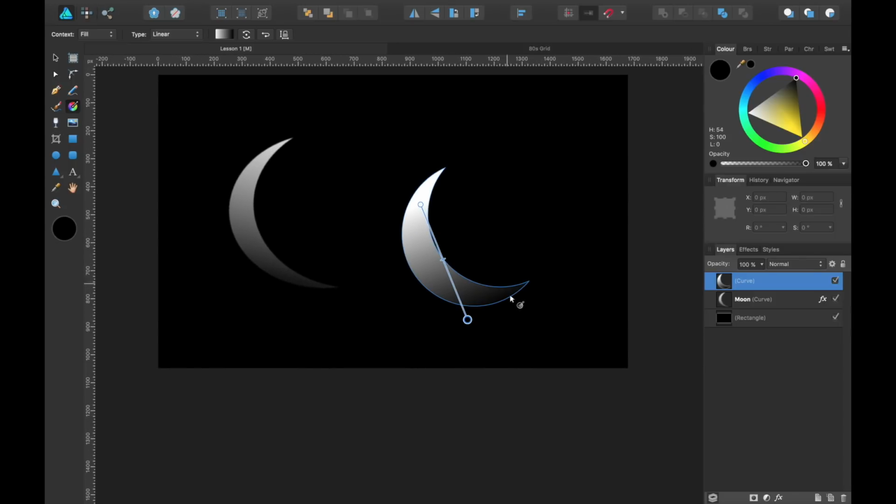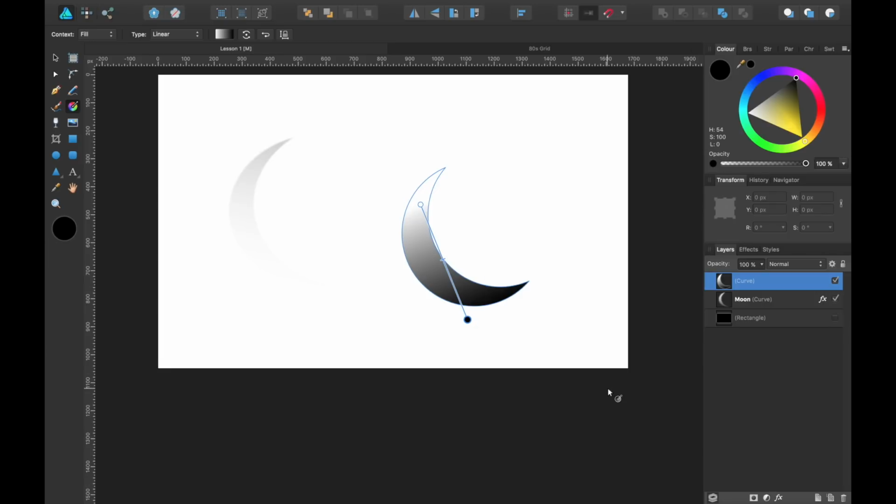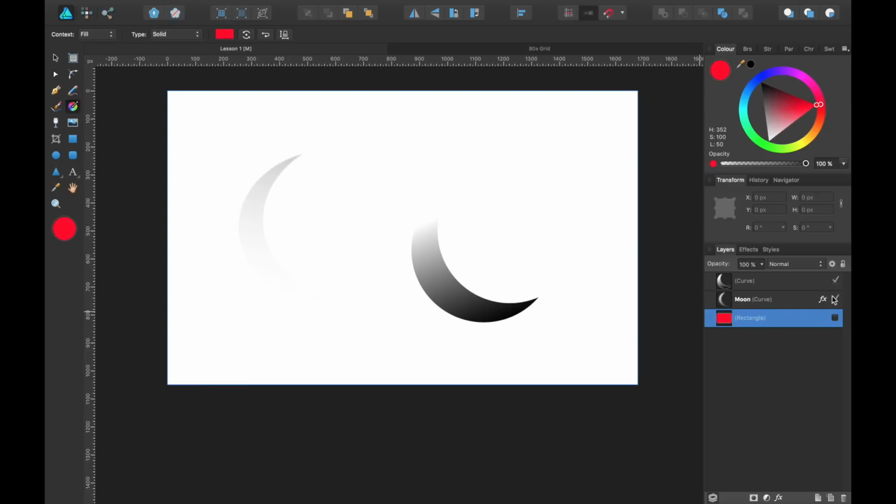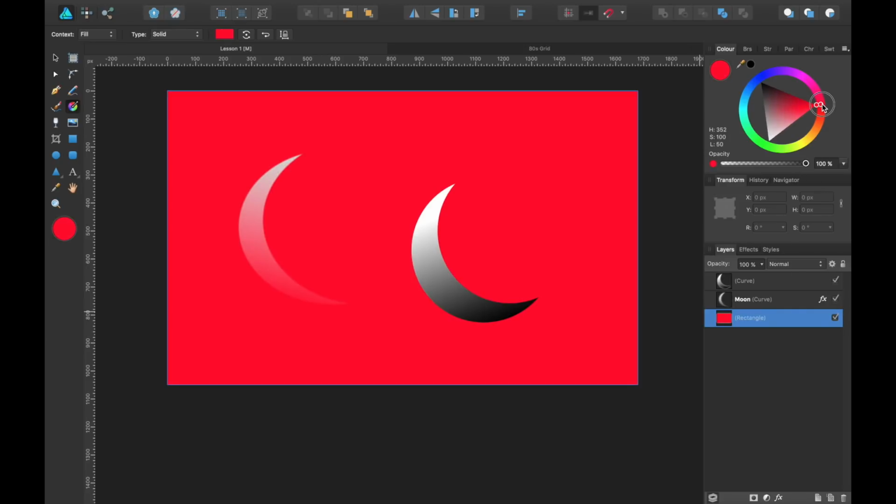Okay, there we have it. So that is black at the moment, but if it was on a white background you would see this. Well, let's choose a different color background. You'd see that.